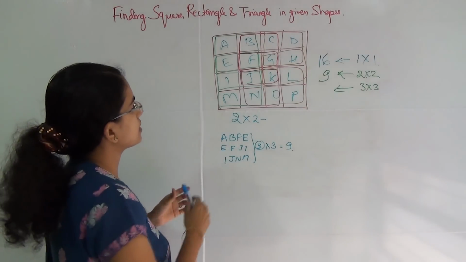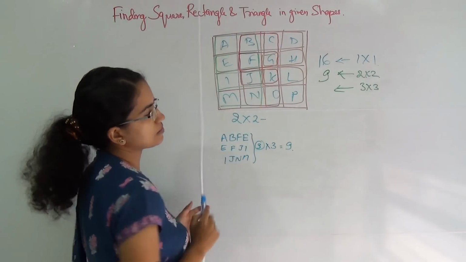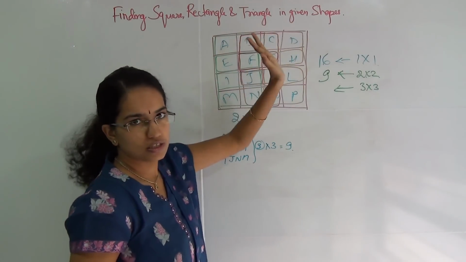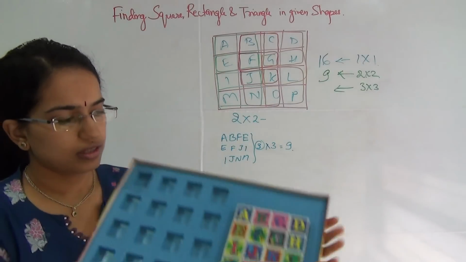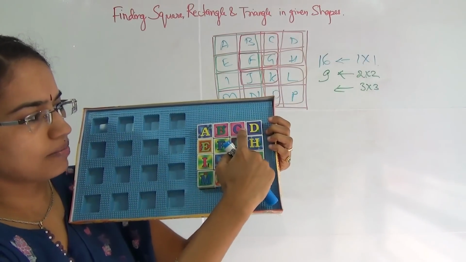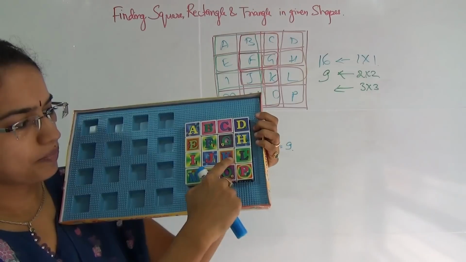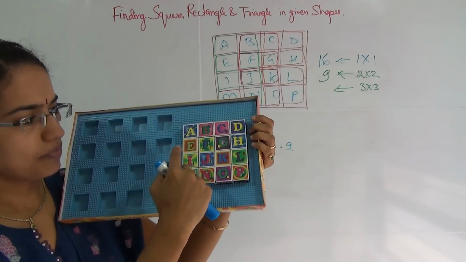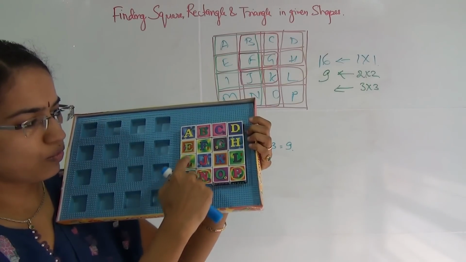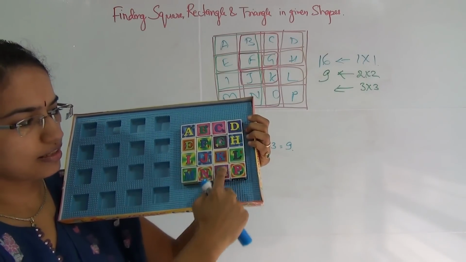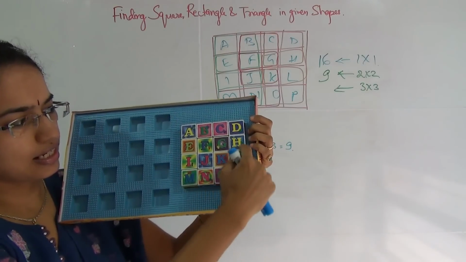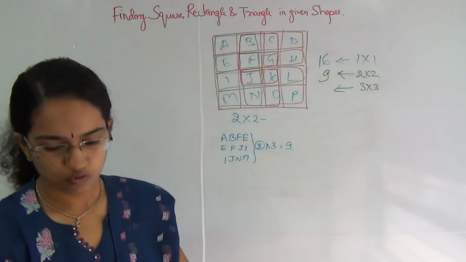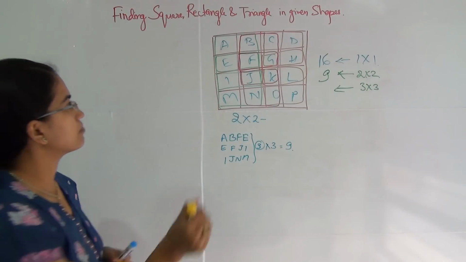If I do a 3 by 3, I'll have to take 1, 2, 3 columns into consideration. If I start from here, these 3 and then these 3, those are the only options for me. So the biggest block I can use here is A, B, C, G, K, J, I, E, and then back to A. So these 4. Then I'll start from the lower edge. So I'll have a 3 by 3 matrix here. So this one, and then this 3 and this 3. So how many 3 by 3 can be formed? Total 4. So I'll just draw it, mark it here.